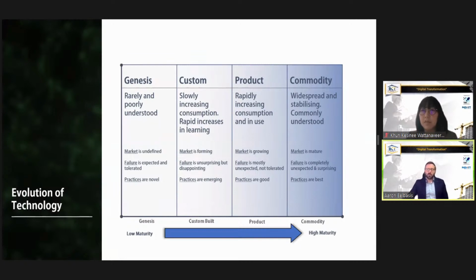And so we start with a basic scale. Here's a scale that we've taken from Simon Wardley, who looks at the evolution of a technology. And we say that all technology starts at some point in a state of genesis. It's usually created in a garage or in a lab or on the back of a napkin. It's rarely and poorly understood, but eventually it matures. It becomes a custom-built solution where the market is growing with it. People start to use it more and more,